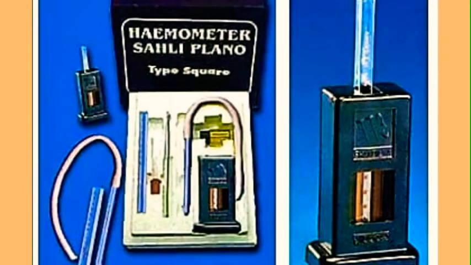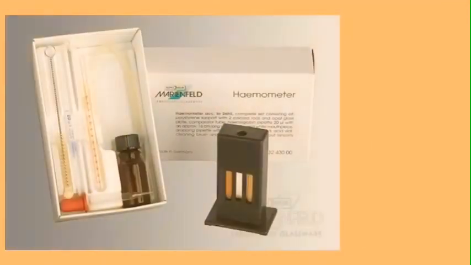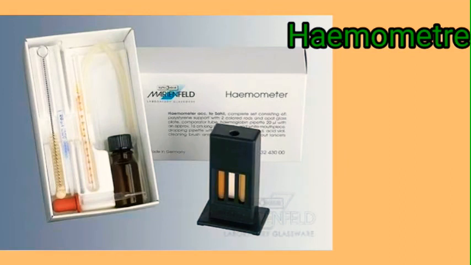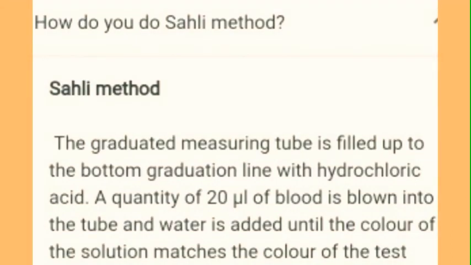So, in the rural population, this method is very easy to detect the hemoglobin of the patient, which is the color of acid hematine. Thoroughly mix blood and acid using a fine glass rod. HCl will react with the hemoglobin and convert it into acid hematine, which has a brown color. Wait for 3 minutes after adding the blood to allow the color to develop sufficiently to achieve an accurate comparison.